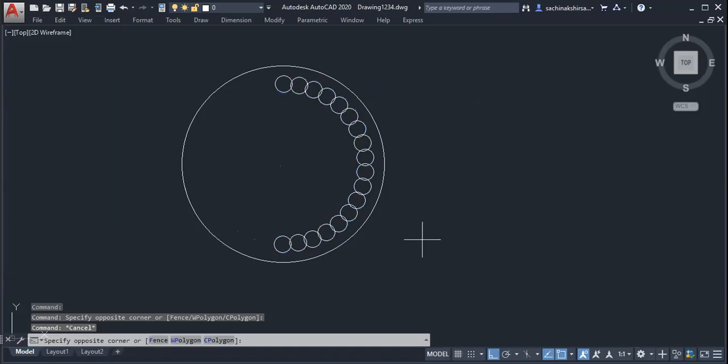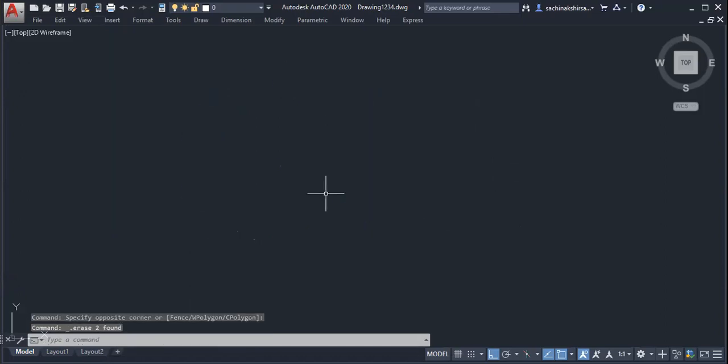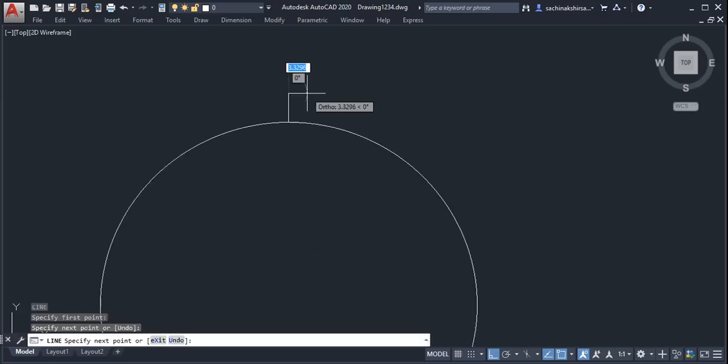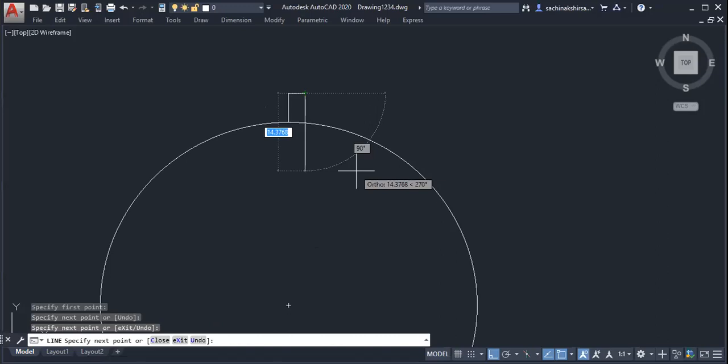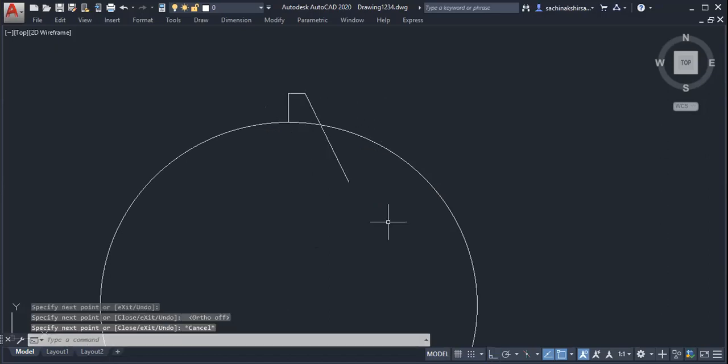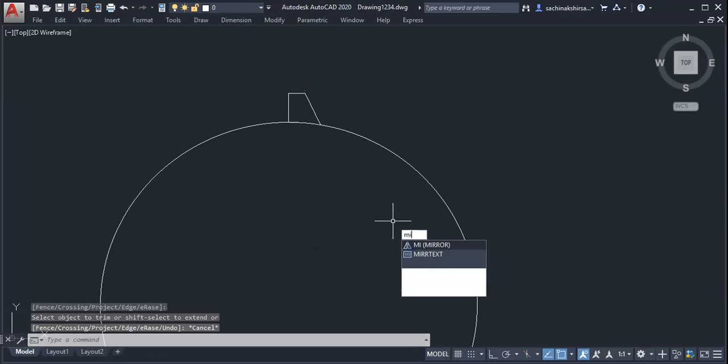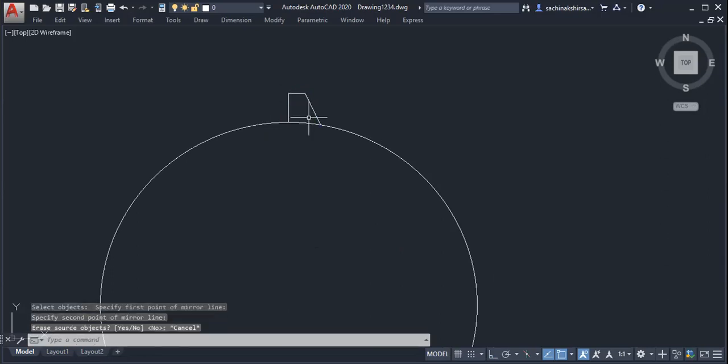So this one is polar. Actually, it is used to draw gears, etc. Gear, you might be knowing what is gear. Have you heard this word gear in your basic mechanical engineering? Yes, sir. So while drawing gears, we can take the help of this.